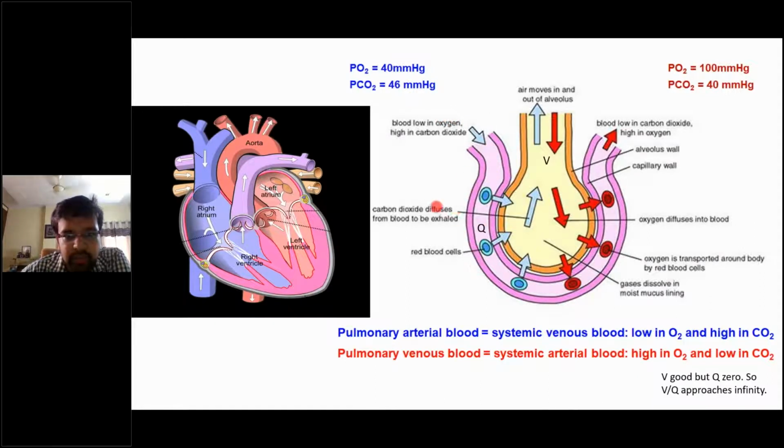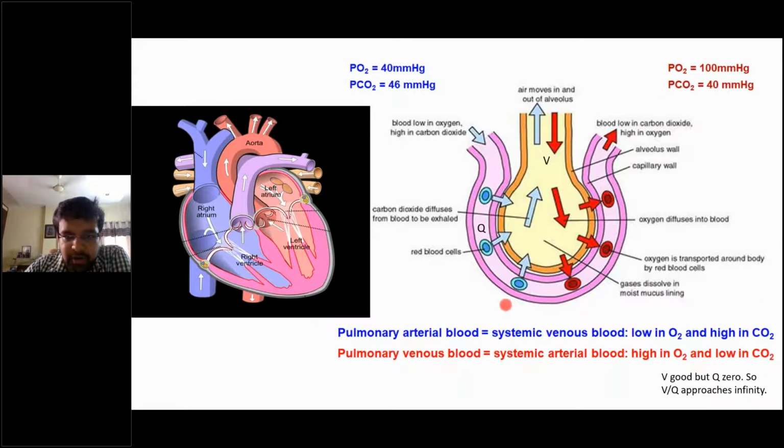From this artery, the carbon dioxide diffuses from the blood into the alveoli and gets exhaled, right? Oxygen from the alveoli diffuses across the mucous lining into the blood, into the RBCs, and is taken up by the hemoglobin. Therefore, after ventilation, the venous blood of the pulmonary artery gets converted into the arterial blood of the pulmonary vein. So in the pulmonary vein, we now have blood which is low in carbon dioxide but high in oxygen. The partial pressure can reach up to 100 mm of mercury. 90 to 100 mm of mercury is the partial pressure of oxygen in the arterial blood.